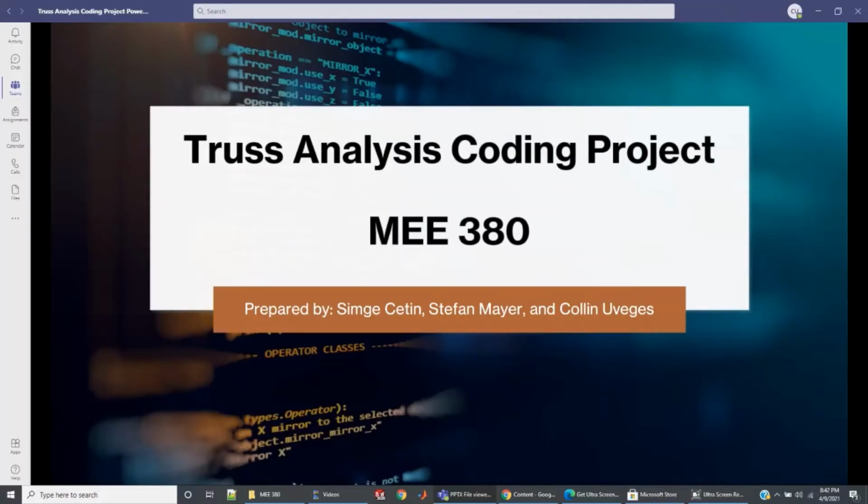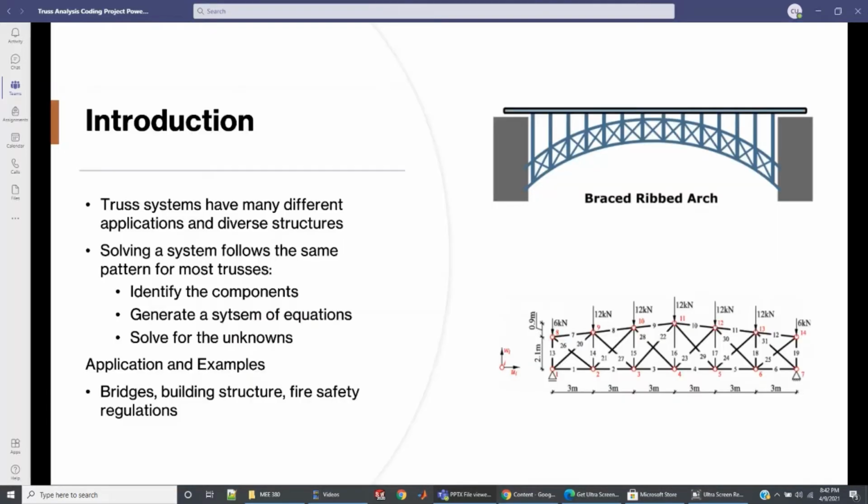This is the Truss Analysis Coding Project prepared by Sim, Stefan, and Collin. It's a quick intro. Truss systems have many different applications and diverse structures. As seen on the top right, that is a brace-ribbed arch, which in this specific application is used as a